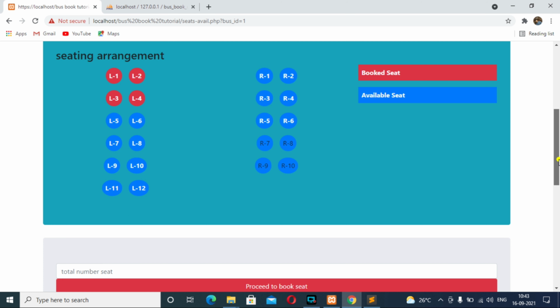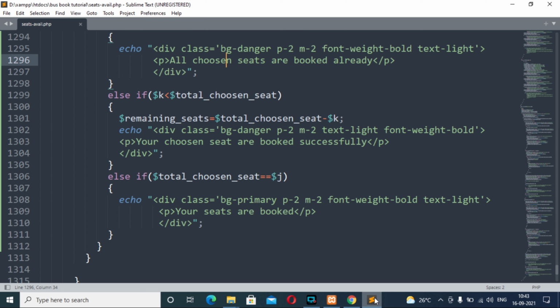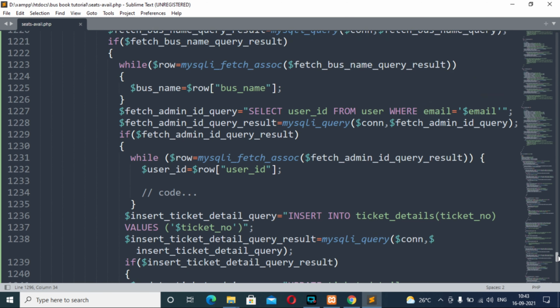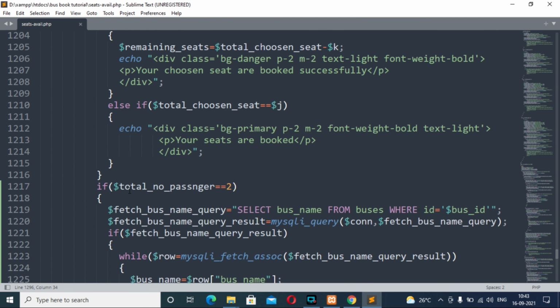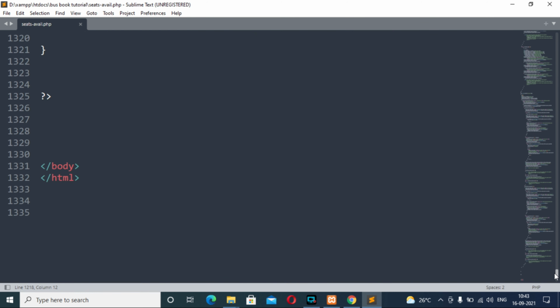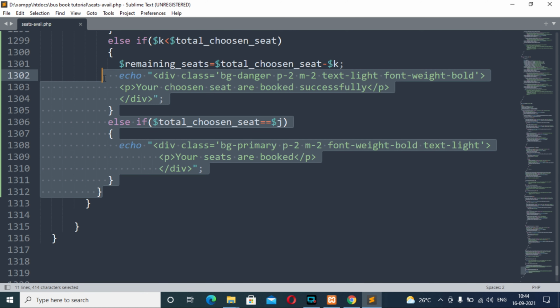Now in the same way we will perform 3 and 4. So just copy the same kind of code as we did for the last booking. From line 1218 to 1312, copy this whole block of code.